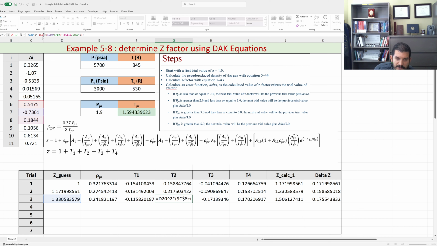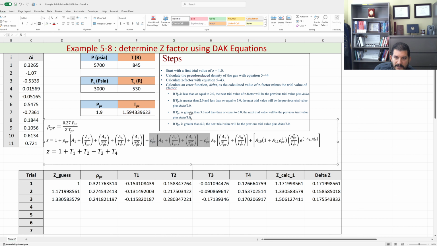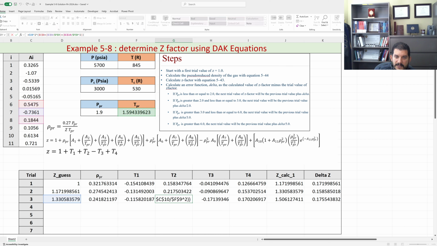So I'll change this to 9. Now it's A7. Or no, wait. Let me escape the thing. So we're doing T2, right? So T2 right there. Okay, good. So it's A6 plus A7, so it was correct. So C8 A6 plus A7, which is 9, divided by TPR plus A8, which is 10, correct, divided by TPR